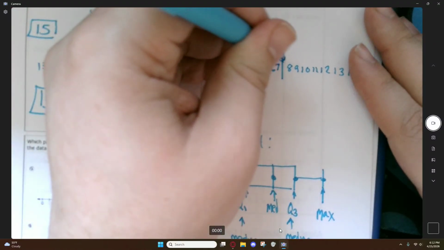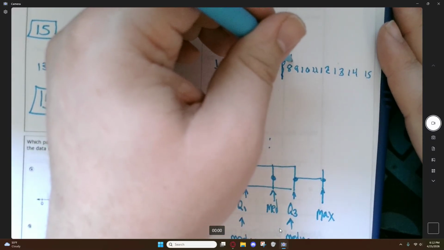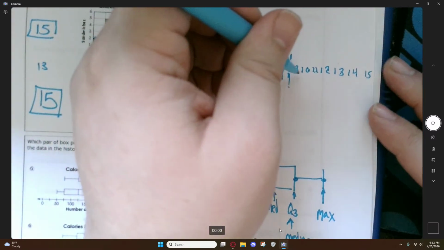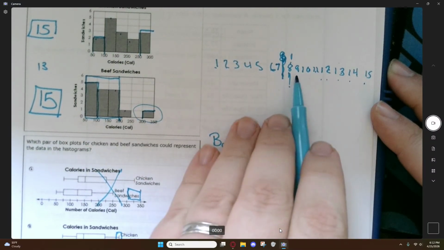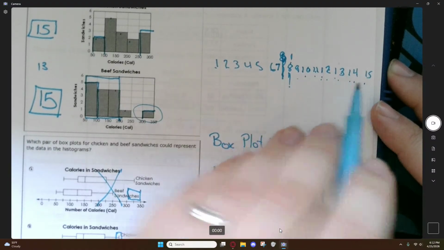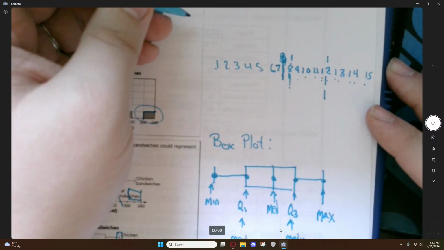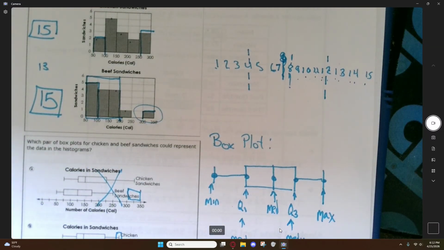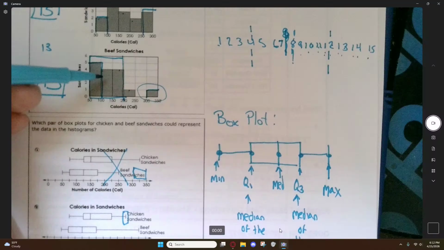I've messed this up terribly. 1, 2, 3, 4, 5, 6, 7. 1, 2, 3, 4, 5, 6, 7. Your median would fall as the 8th value. That would be the middle spot. Then your Q3, 1, 2, 3, 4, 5, 6, 7, would be the 12th value. And your Q1 would be the 4th value. Okay? Your 12th value of beef sandwiches will fall somewhere between